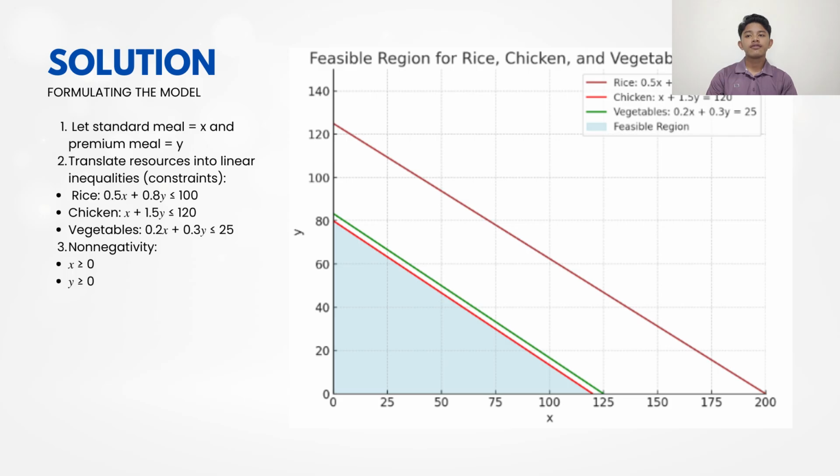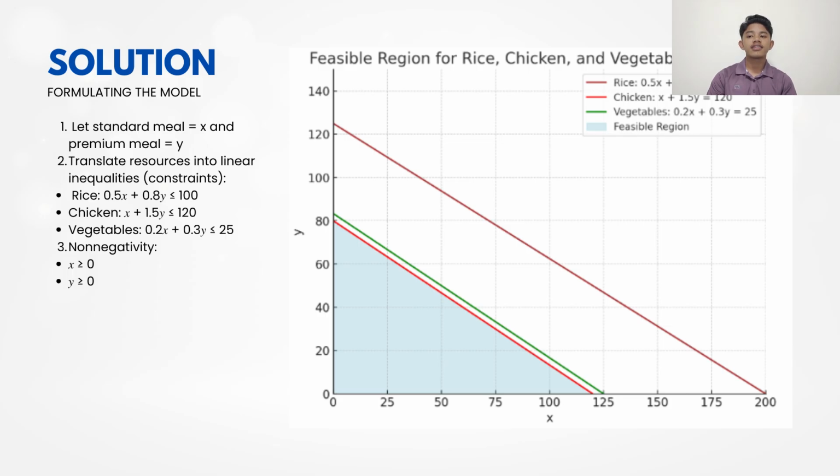First, we let the standard meal equal to X and the premium meal equal to Y. So now we have the variables in place. Let's translate or express the constraints that are given into linear equations. For the first linear inequality, we have rice, which is 0.5 for the standard meal and 0.8 for the premium meal. So the equation will be